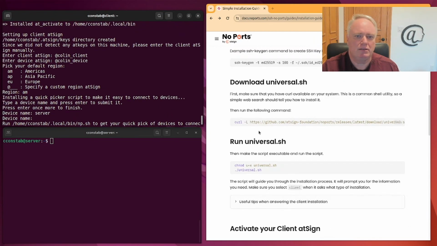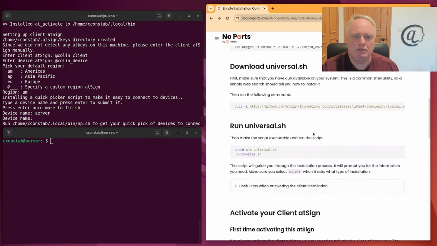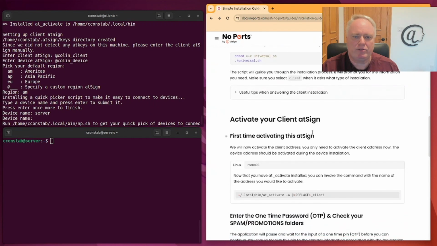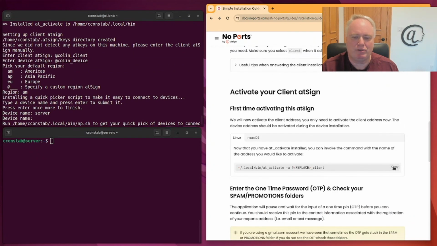And what else do we need to do? So now we've got to activate our @sign. So we'll first of all activate the @sign. So the @signs are the addresses that the NoPorts software uses. The @signs are from the @sign.com website. You can read all about how that works. So we're going to copy this